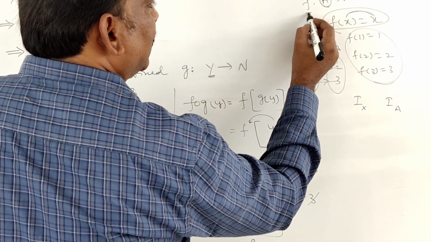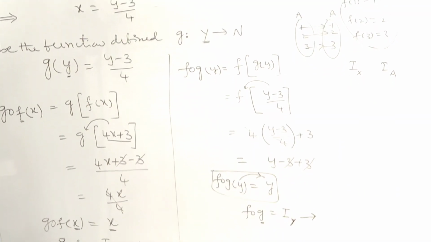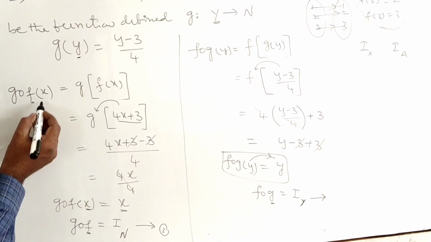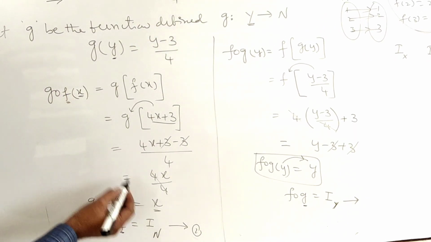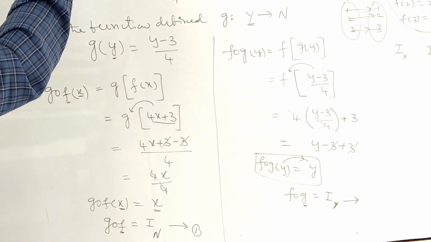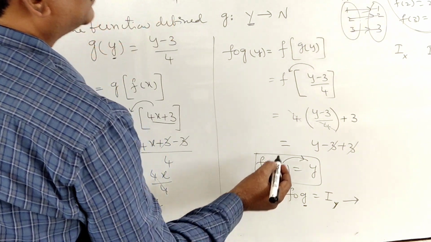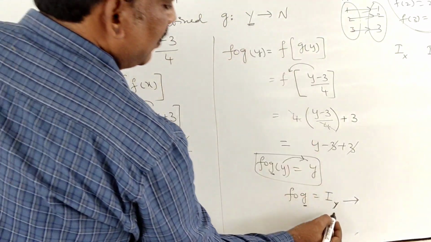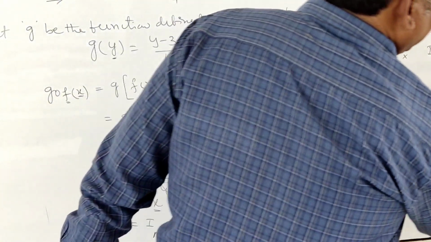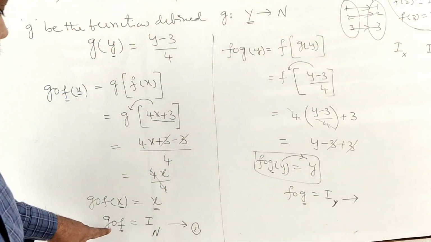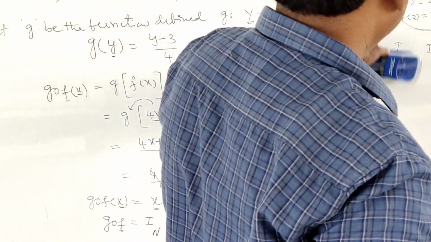This is a single function. When you take a composite function, always we take the first set. First set only we are using as domain, correct or not? That's why we write in f what is in domain x. In the first set here g, what is in g? Domain. Y you have to write. Clear students? So we completed step 3 also. So we got g circle f is equal to identity function, f circle g is equal to identity function.